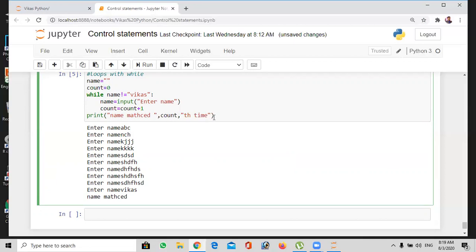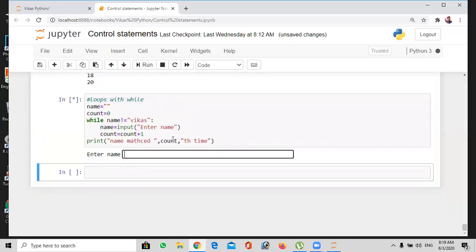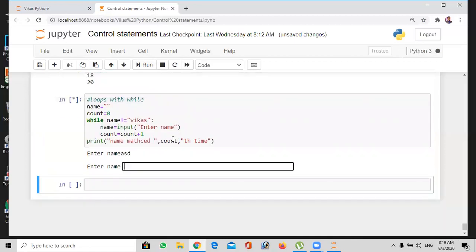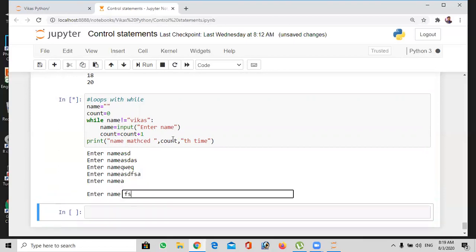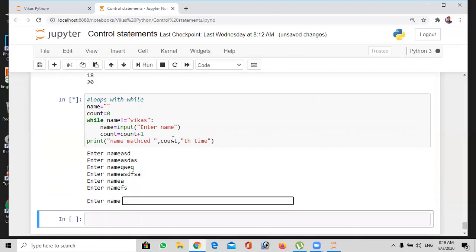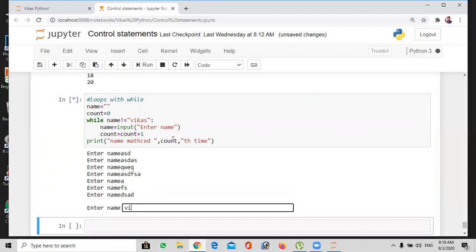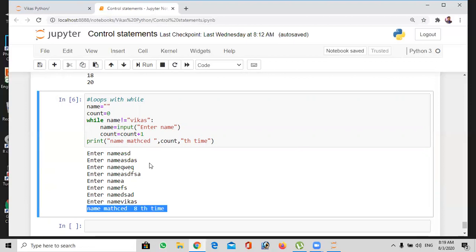Okay. See here, we'll count that one. When you run this one, 1, 2, 3, 4, 5, 6, 7. Now I'll give the correct name, because see here, the eighth time the name matched. So you have taken 8 times to match the name.